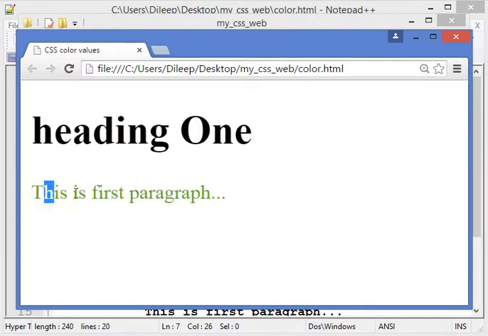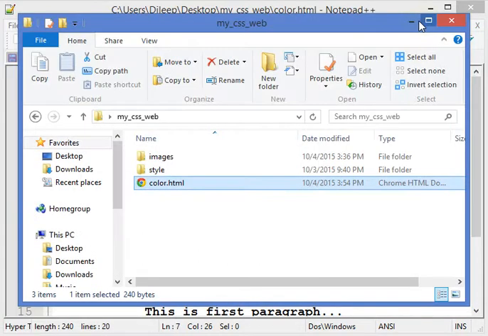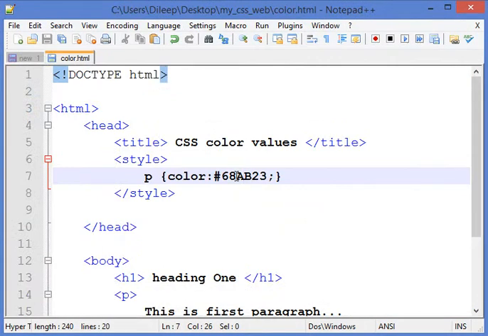It seems a little bit green, but it is not exactly green. It seems greenish because we have the higher value of green here, AB, because we count from 0 1 2 3 4 5 6 7 8 9 then A B C D E F. So AB is higher than the others, 6 8 and 2 3, right? So that's why it's shown as a little greenish.